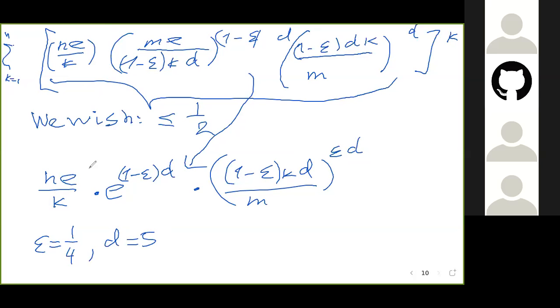So that means that this guy increases when k increases. And so its largest value is when k is equal to